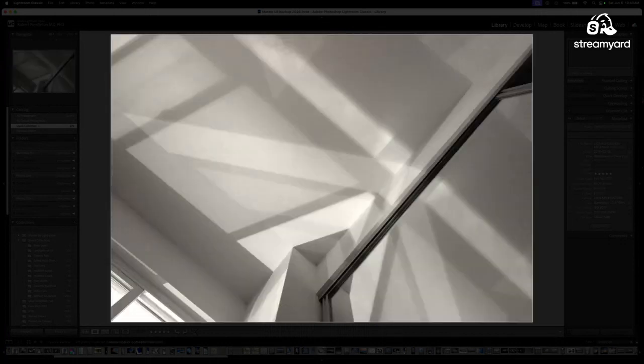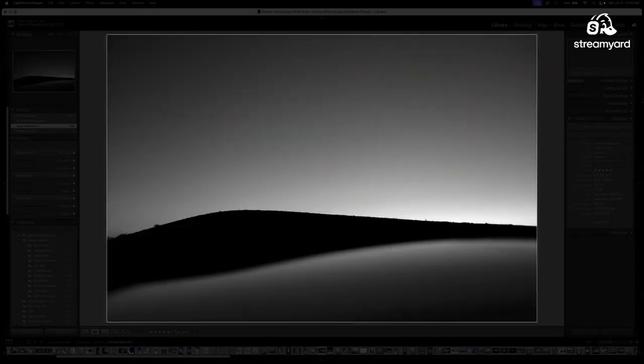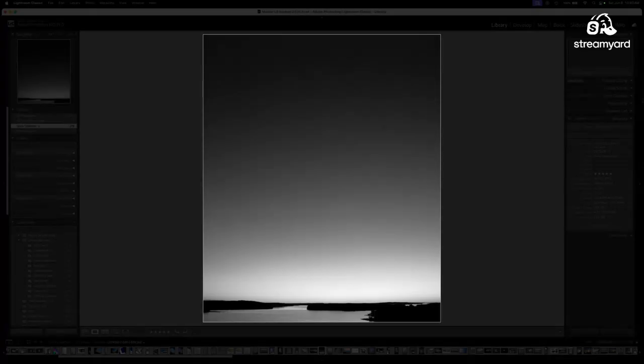I can actually just take a normal picture and without doing anything to it. Here's a couple black and white images that I've created. That was in Oceanside. Here's a sunset in Hawaii. The colors were quite muted, so I just converted it to a black and white. This is a sunset in the Baltic archipelago.